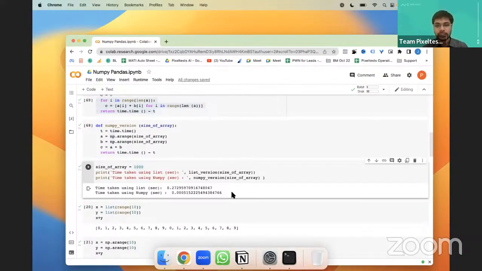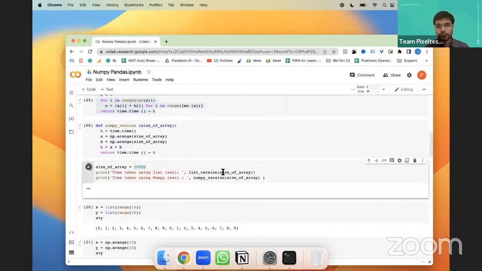So now this explains how NumPy is saving our computational power, right? So instead of using just lists, we use NumPy, right? For example, let's just say we pass 10,000 as the size of the array.